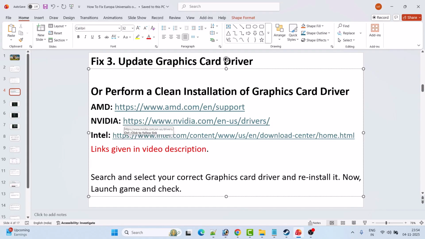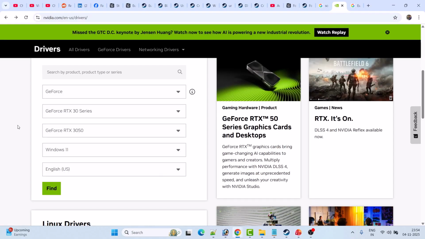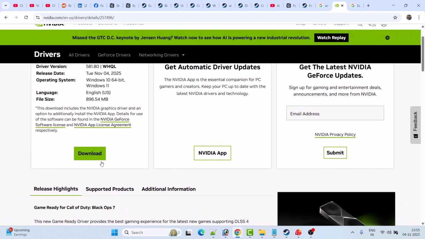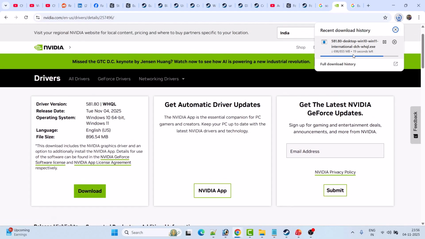I am showing the example of an NVIDIA graphic card driver. So go to the NVIDIA website, and once you are on this website, you have to enter your graphic card version over here, select the Windows operating system and click on find. You have to download the GeForce Game Ready driver. Whatever is the latest version, currently the latest version is 581.80. So click on view and then click on download, and once this exe file is downloaded,